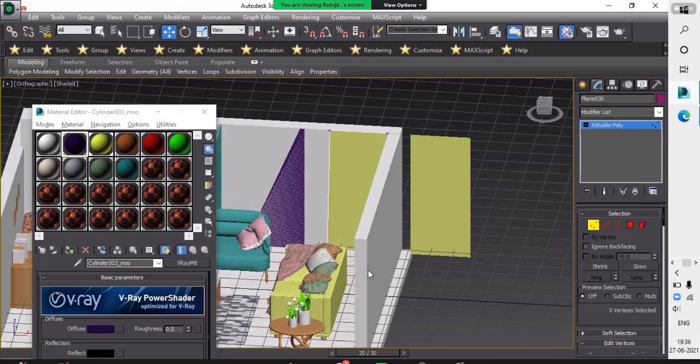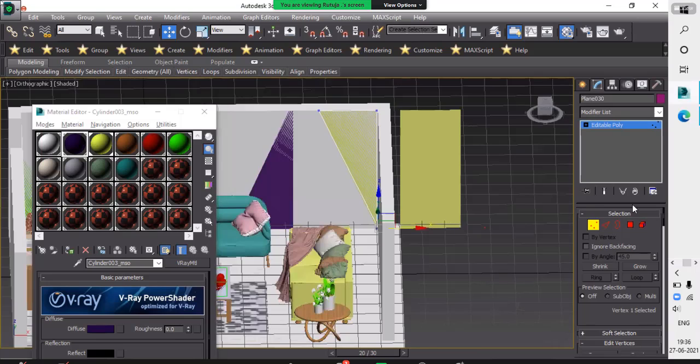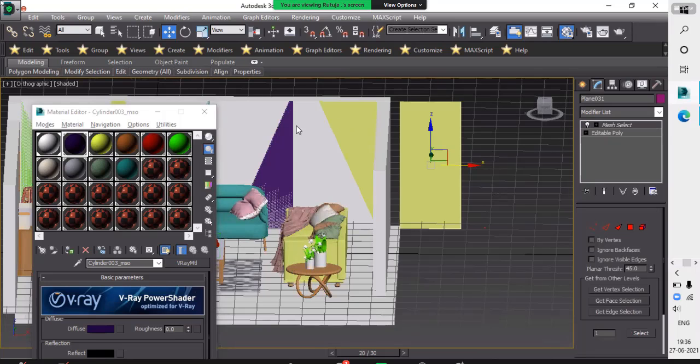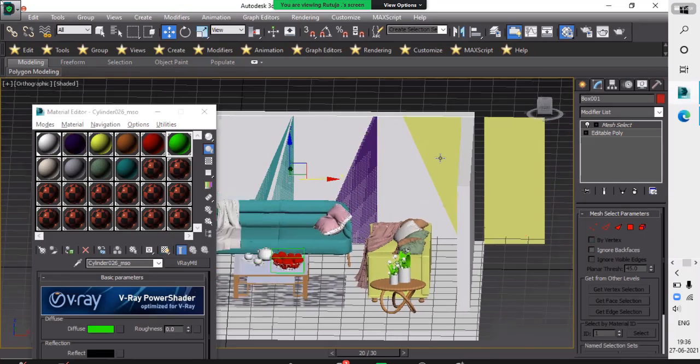Select the bottom vertex. Undo it. And it's red in color. Sorry, green in color. This one.